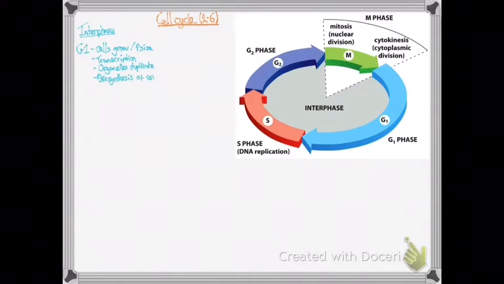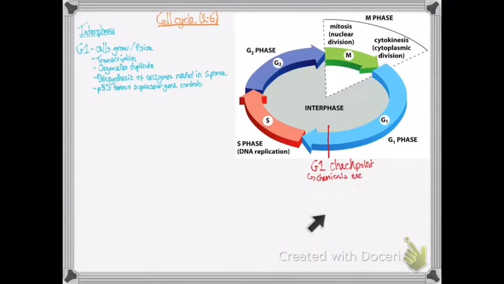So in G1, which is the first one after mitosis, the cells grow and increase in size. They undergo transcription, organelles duplicate, they have biosynthesis of enzymes needed in the S phase, and the whole process is controlled by this p53 tumour suppressor gene. Within G1 we've got this G1 checkpoint over here,